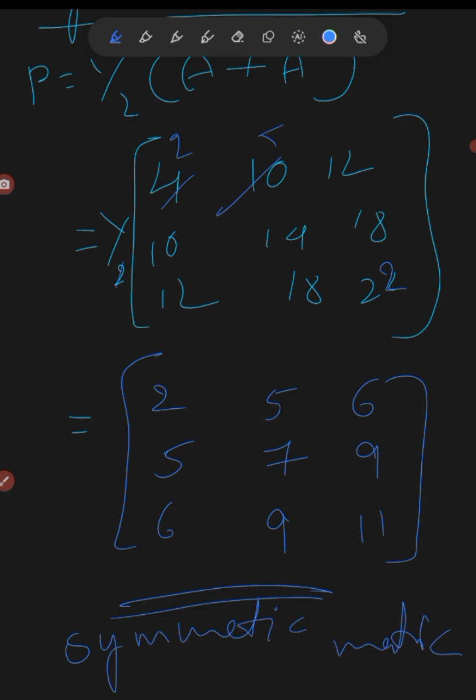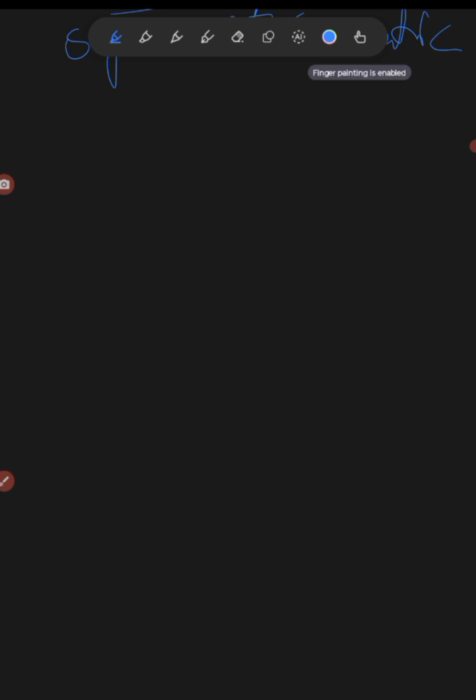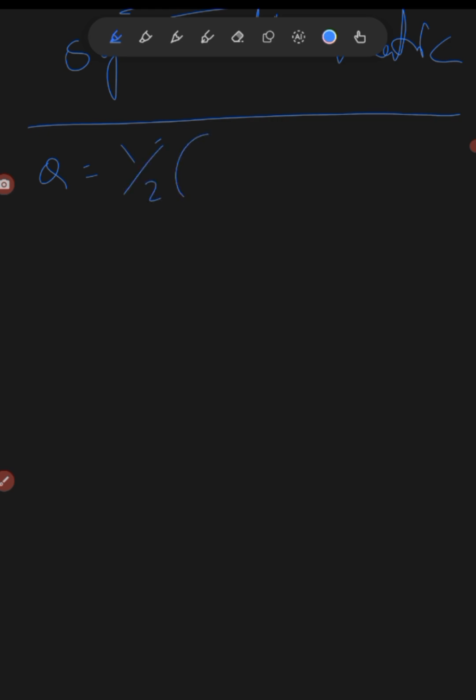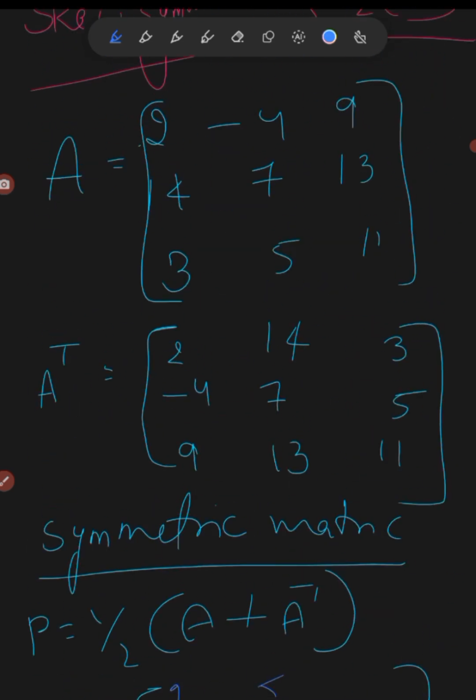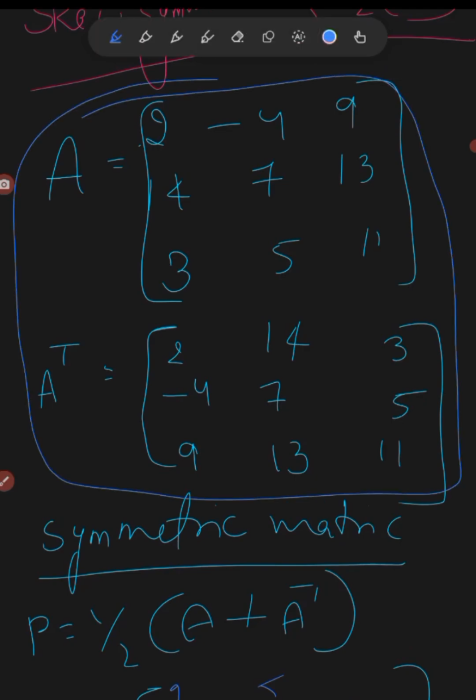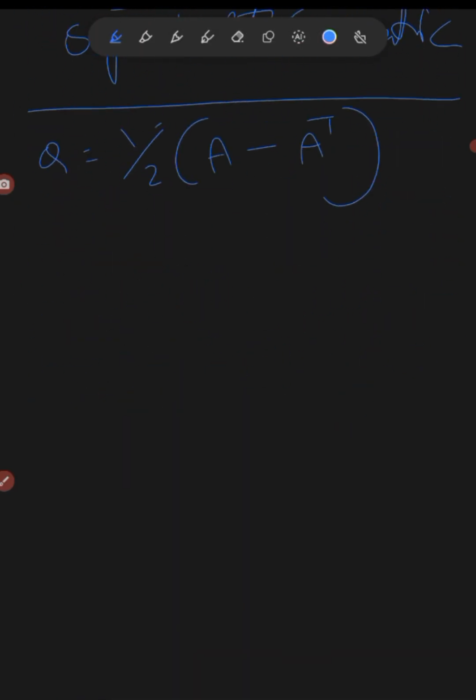In the same way, we need to find the skew-symmetric matrix, where Q equals half into A minus A transpose. You need to subtract both the matrices we wrote here. And I'm writing the direct answer as I did before, like you'll get